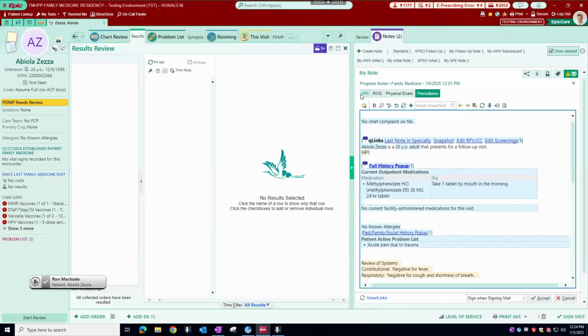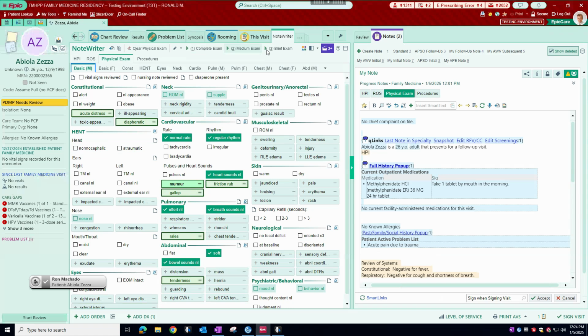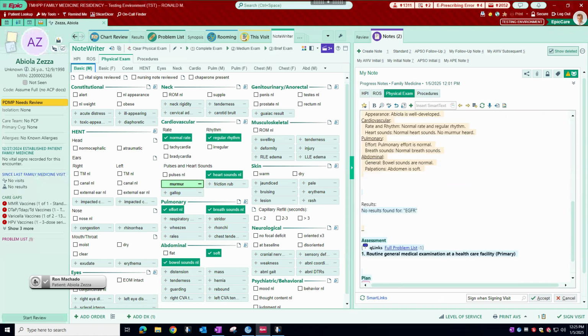learning how to navigate a note, both to use the note writer smart blocks as kind of your table of contents, building macros for your physical exams, leveraging the ability, if there are smart lists, to use the defaults in the smart lists for child visits and for annual exams, being able to copy forward some content from a past note is available, and then navigating the note,